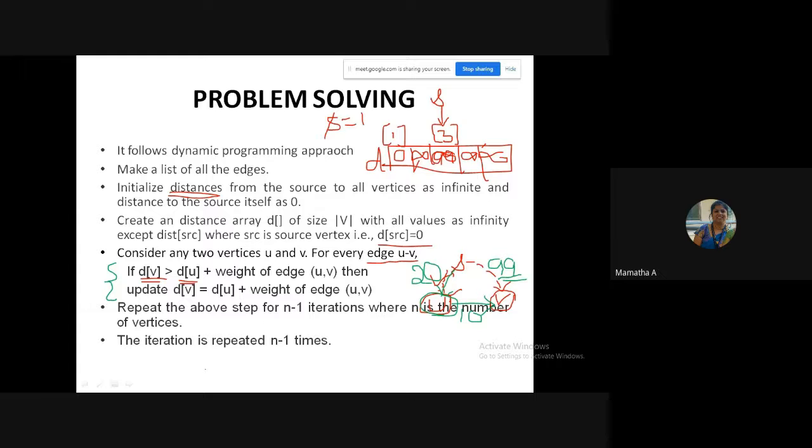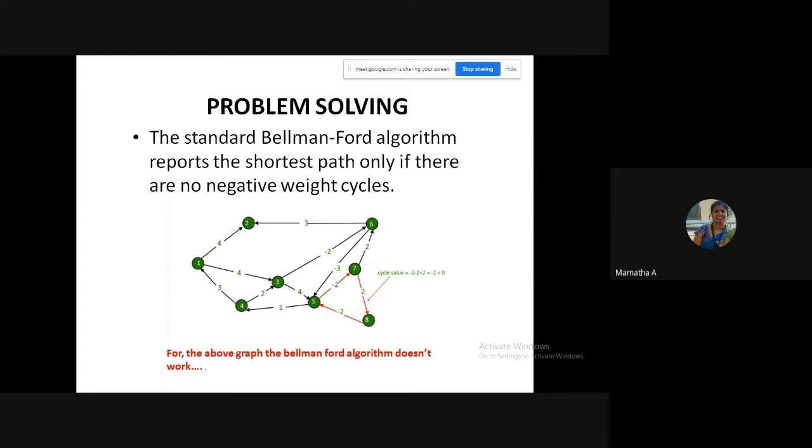Okay. Moving on to the prerequisite. For example, I give you some graph and ask you to find shortest path using Bellman-Ford. If negative edges are there, you should take care before starting to check whether there is any negative weight cycle. So what do you understand by negative weight cycle? A cycle wherein when you summate the edges that contribute to the cycle, it should not give you a negative value. Positive value, okay, but not negative value.